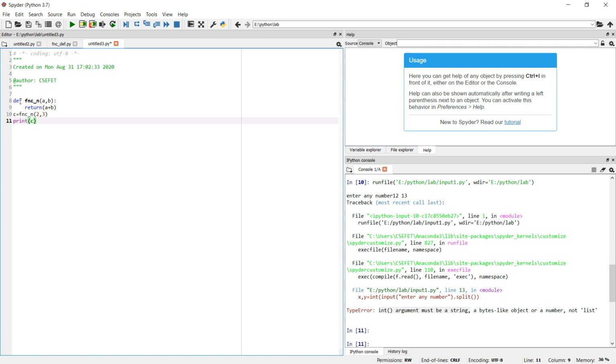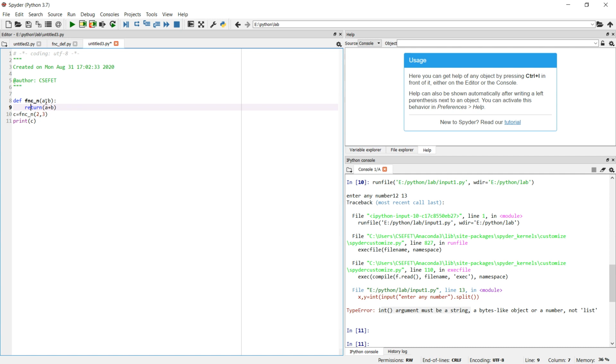So to explain this, the function is defined as already told in the previous lecture, by using def, the name of the function, the arguments, and indentation. The only new thing which has been discussed over here is the keyword return. Within return we can write an expression also. It will return the computation of a and b.